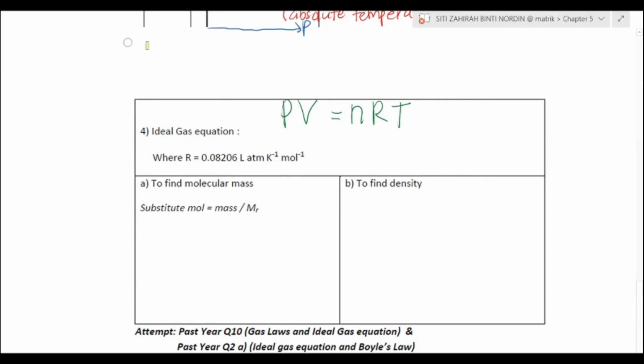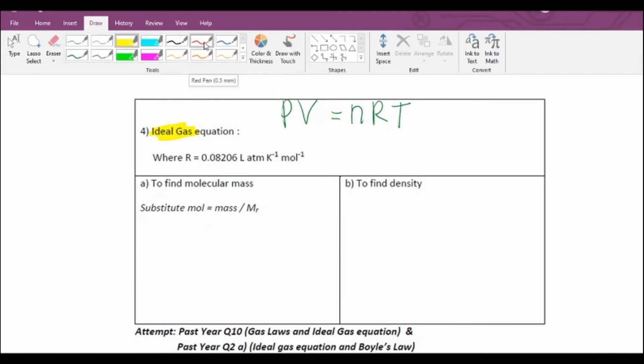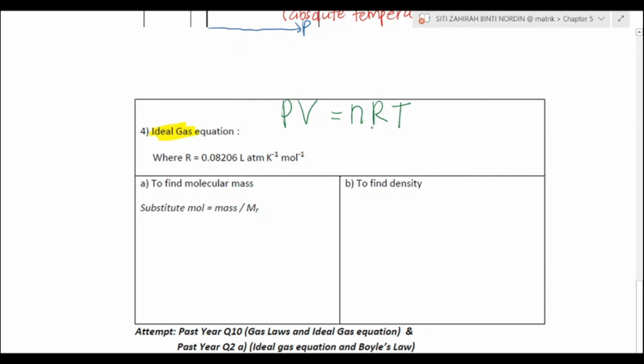Remember, class, for ideal gas, use this equation of PV equal to nRT, where R is the gas constant, which has a value of this number and this whole unit. So you must know that you must follow the units of the constant